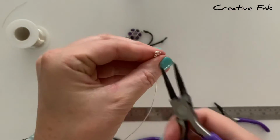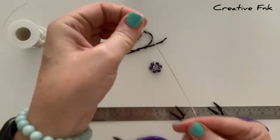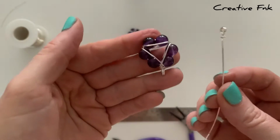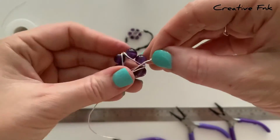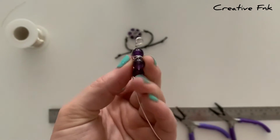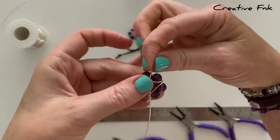Then we're going to hold our bail onto the wire wrap directly opposite the first bail, just on the other side there in between the 2 beads. And then I just bend it so it sits over the center when you've got your little star on its side. Now you need to hold that wire in place in between those 2 beads there,